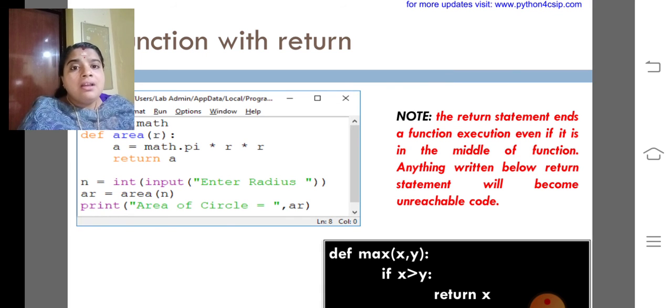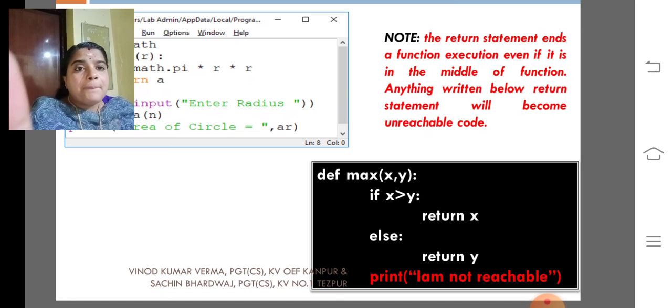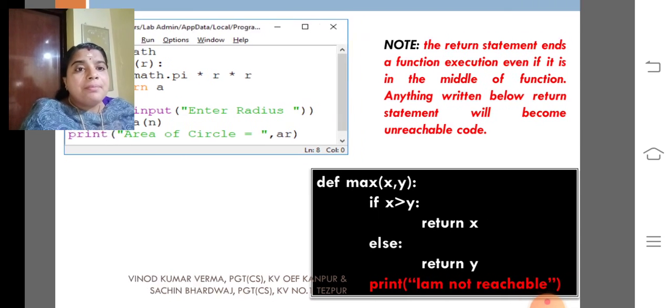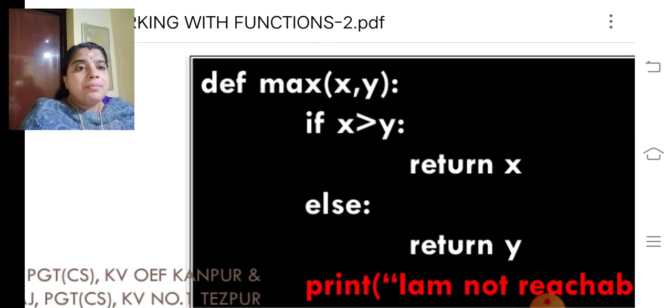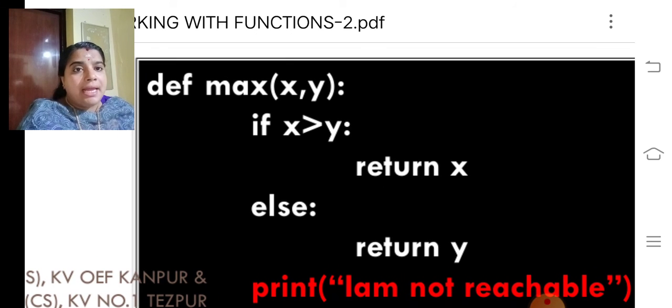My dear children, look at another example, that is def max of xy. Here we are finding the maximum value between x and y. If x is greater than y, it will return x, else it returns y. Otherwise, it will print I am not reachable.